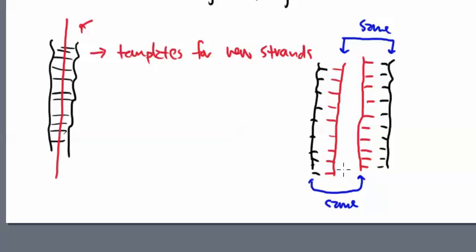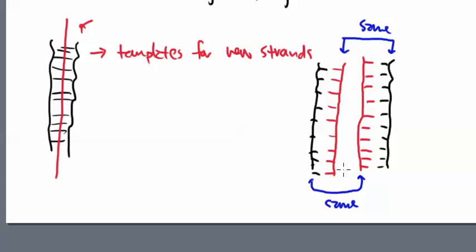Now, the good news is that it doesn't have to stop here. We can now take this original strand and the new strand that was made, we can rip those apart again, and the original strand can give us another carbon copy of what was there before, and the copied strand can give us a complementary strand of what was there before. So the original strands can be replicated, and the carbon copy strands can be replicated as well. And this is what creates this endless amount of replication that goes on with a DNA molecule.